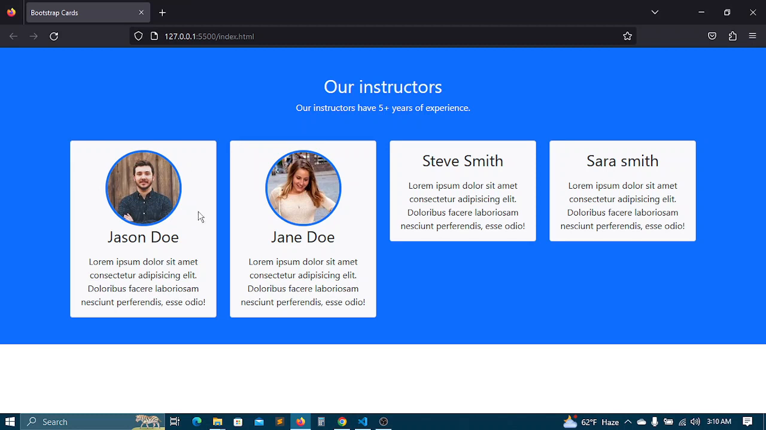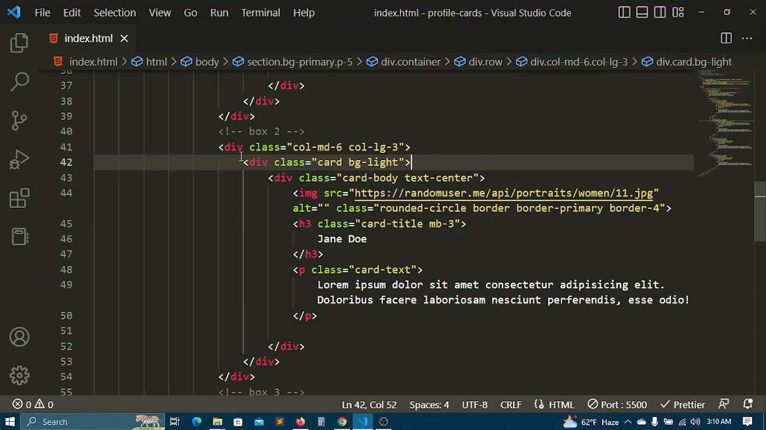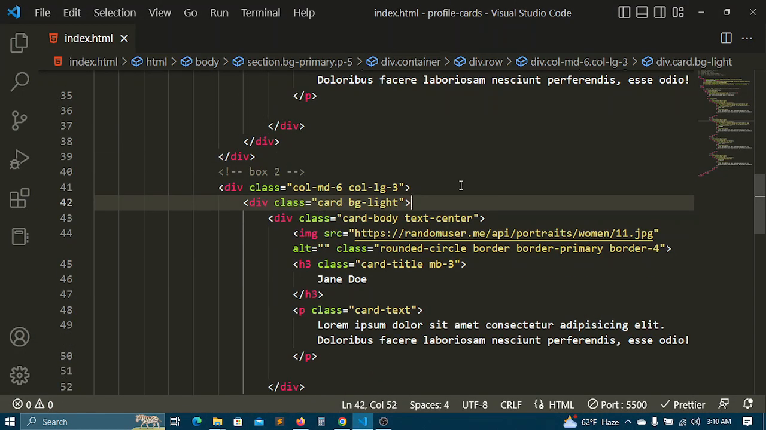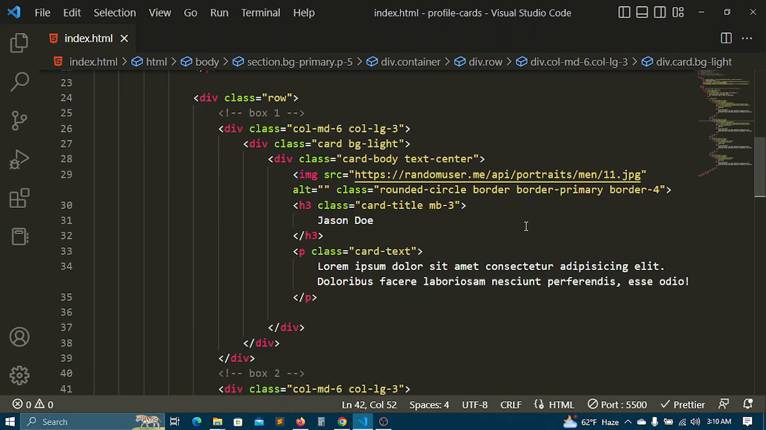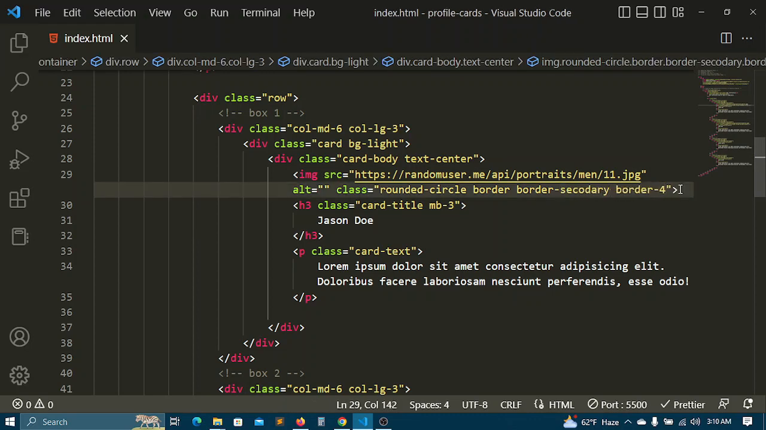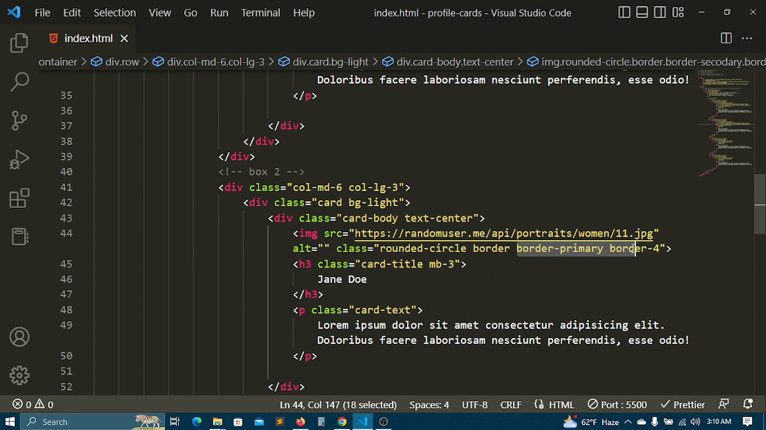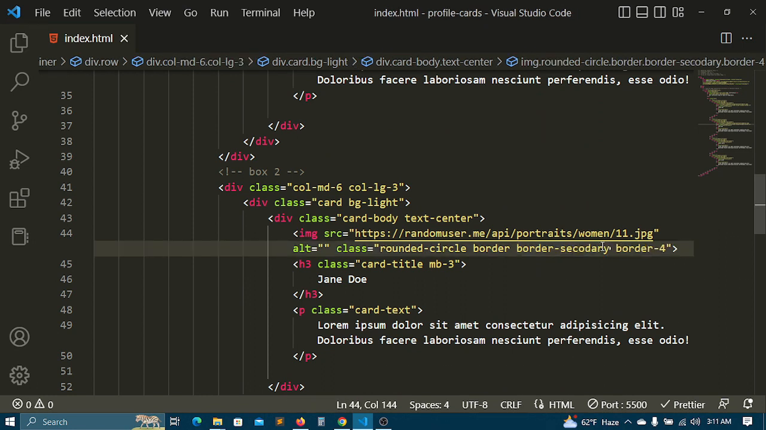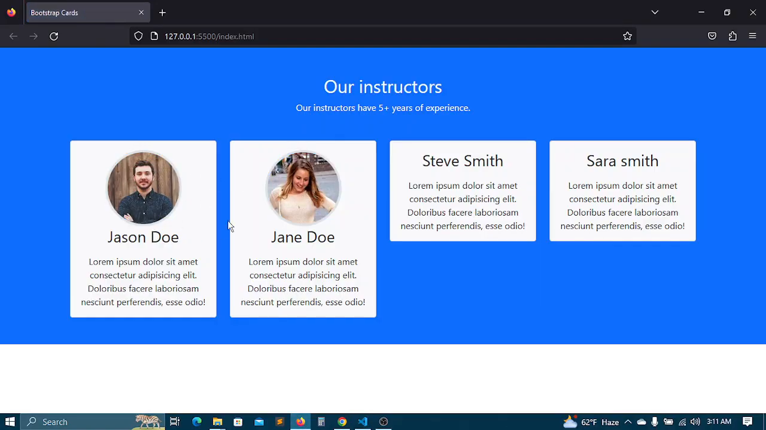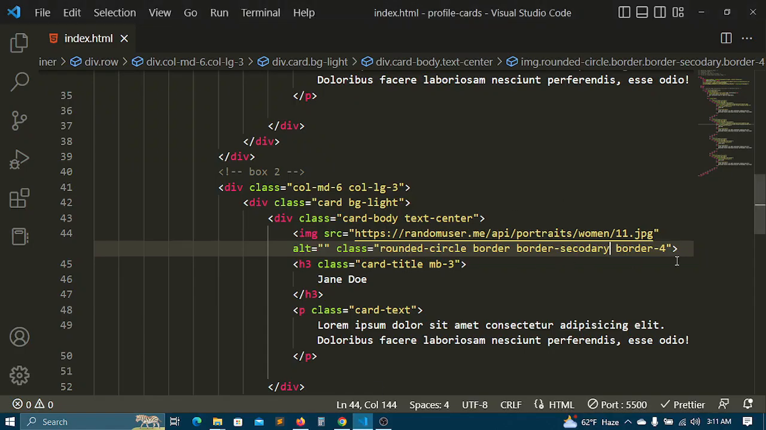So I kind of don't like this primary border. Okay, so what I can do here is I can just go ahead and change this from border-primary to secondary. That should give us some grayish color actually. Yeah, let me save that. Okay, so now it looks very fine and natural, and then we can add the rest